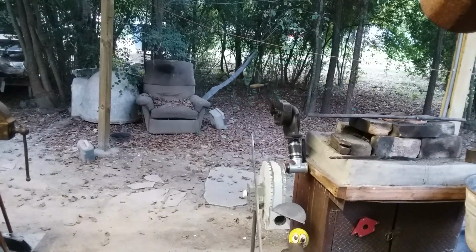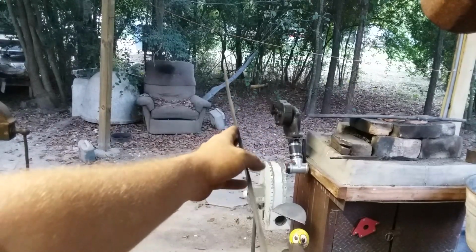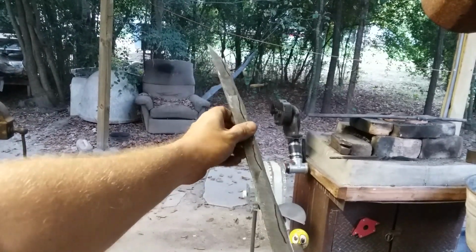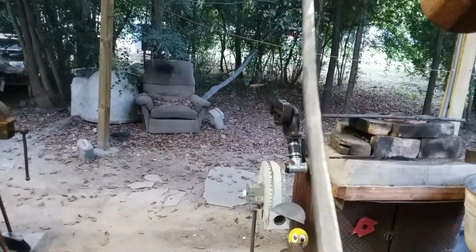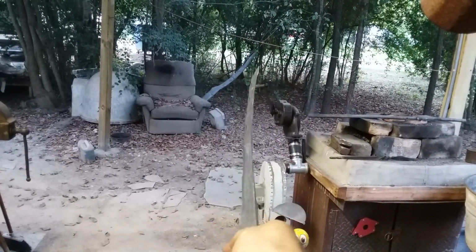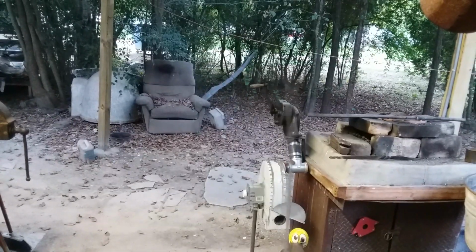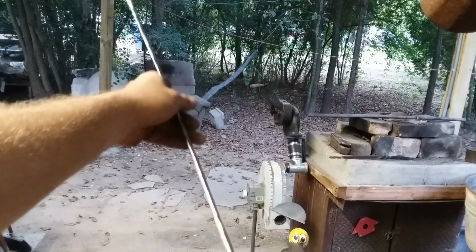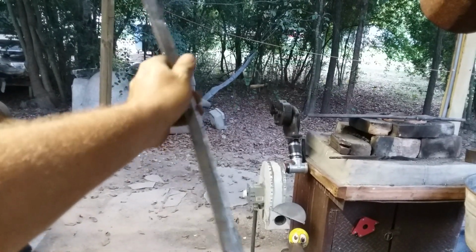it's fairly straight. There's a little bit of a wave down there, but that can be corrected. I'll do that slightly before the heat treat. This is just a rough grind, but you can see it's a full-length saber. It doesn't have a lot of wobble and just an appreciable amount of flex, which you want in a good